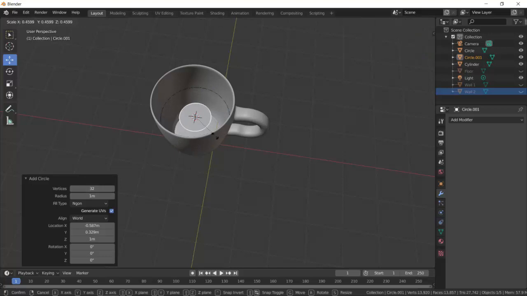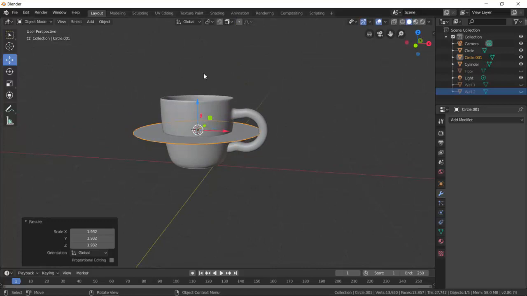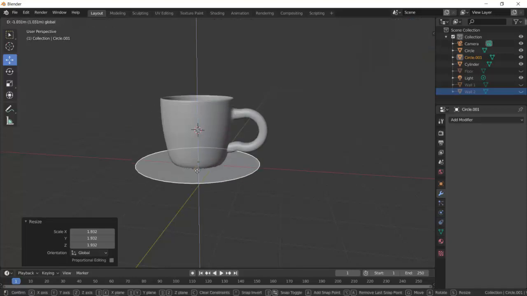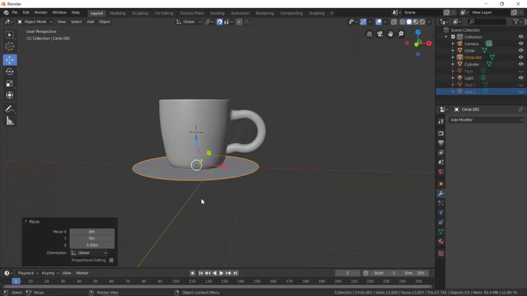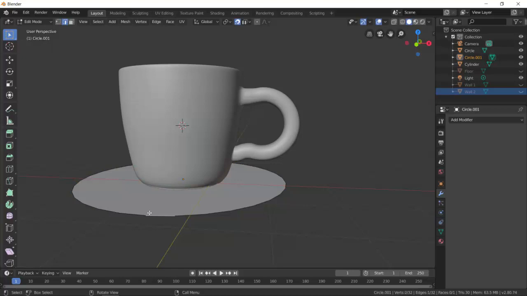Sorry, it's easier to do there. I'm going to scale it out so it's slightly bigger. And when I move it, I'm going to turn on snapping. I'm going to snap it to an edge and drag this down so that it snaps to the bottom edge of that cup. Now with this face, what I want to do is add some rings to it as well. So pressing Ctrl R, in edit mode, I'm going to add some loop cuts. So have my object selected, Ctrl R,